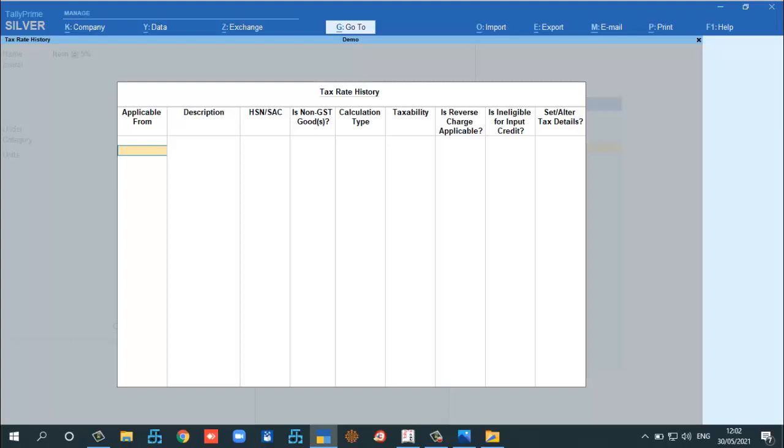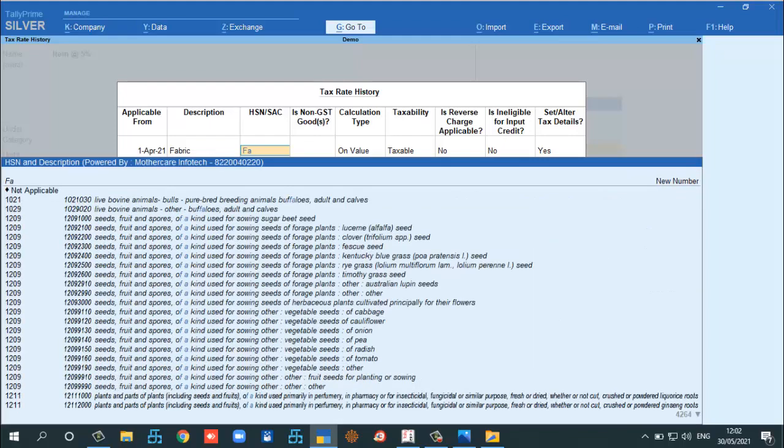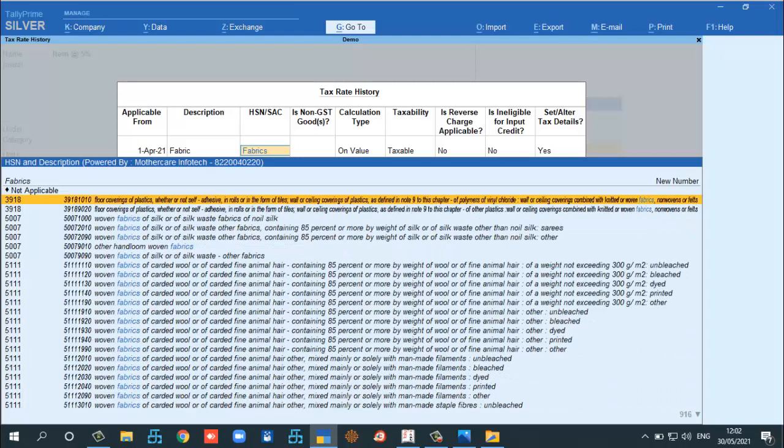Here also we can create the HSN code. So I am typing here, selecting the same thing, fabric. If you select this one or this one, see, I am selecting 507. Now I am selecting 5111 at this place.